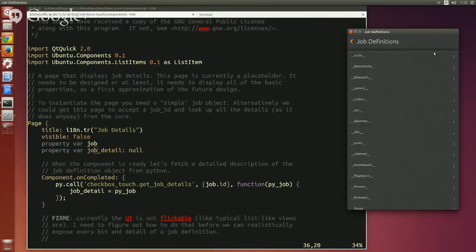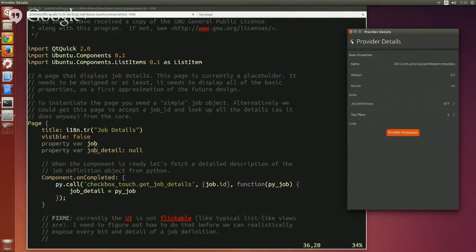Just for the purpose of learning QML, I'm going to try to add a search field to this, so you can just tap on the search icon and limit what you're seeing. Because if you have almost 700 job definitions, it's really annoying to just have to flick through them all. One extra bit of information: if you're running this on Ubuntu 14.04, this is not going to look like that